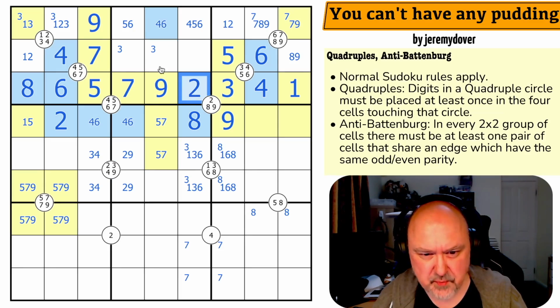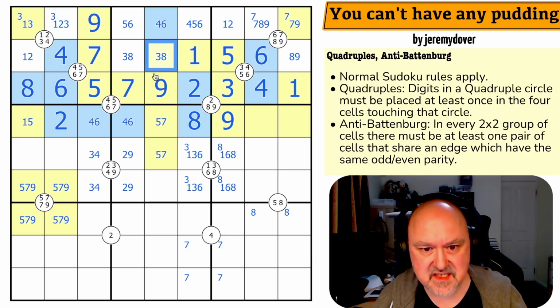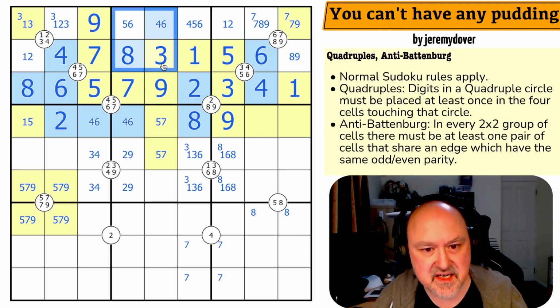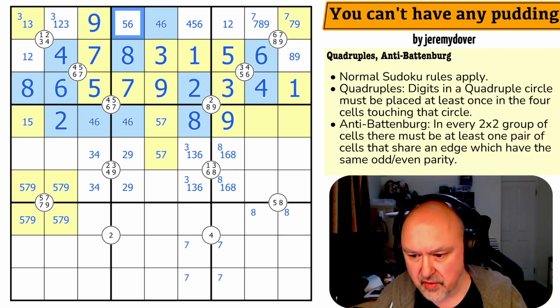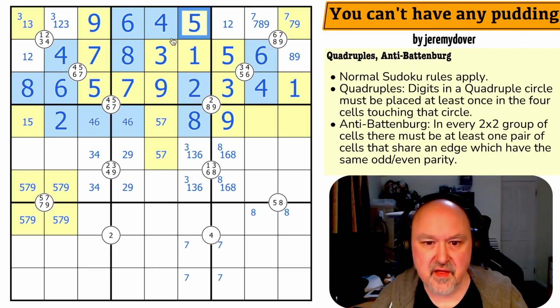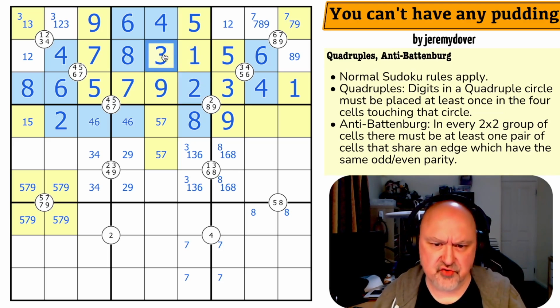That was a tricky spot. These are 1, 3, 8. There's no 8 there. There's no 3 there. That's the 1. This is a 3-8 pair, but that is odd. Need to avoid a Battenburg, so that needs to be odd, so that becomes the even, because that's the 3, that's the 8. Need to avoid a Battenburg, so that can't be odd. That becomes even, that becomes odd. So this is the 6, this is the 4, this is the 5. That was really clever, but that's a tricky spot.